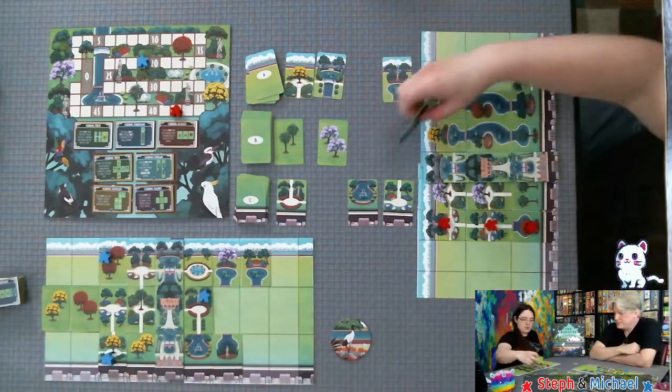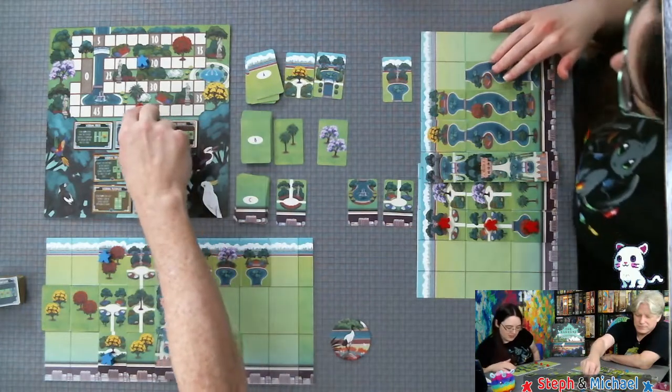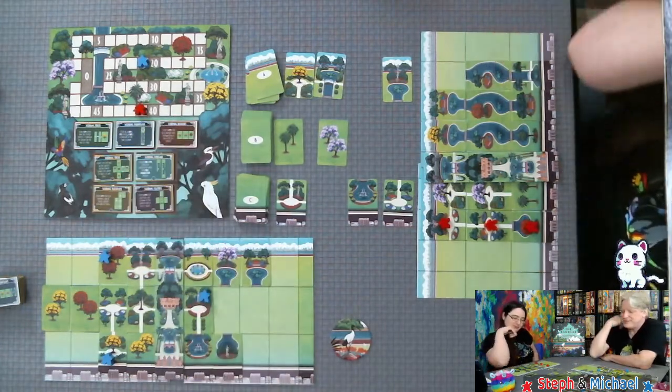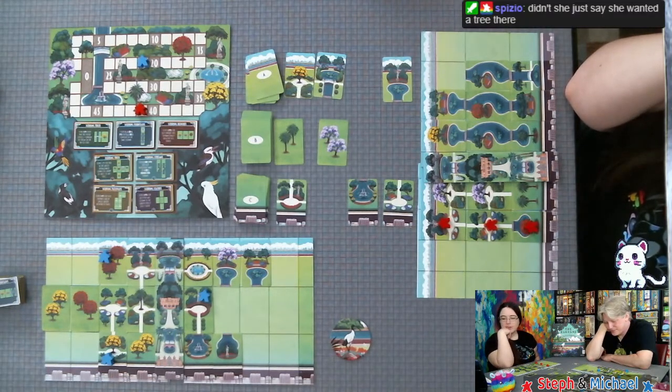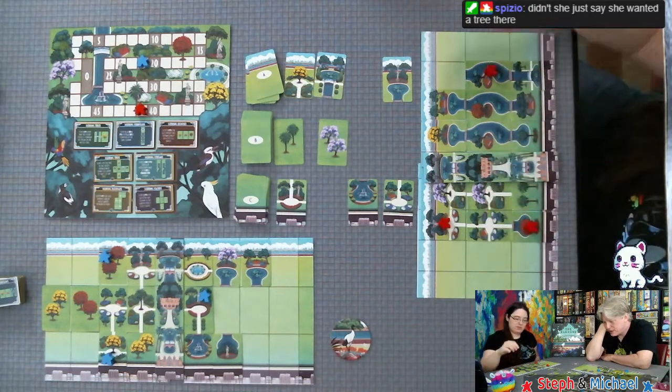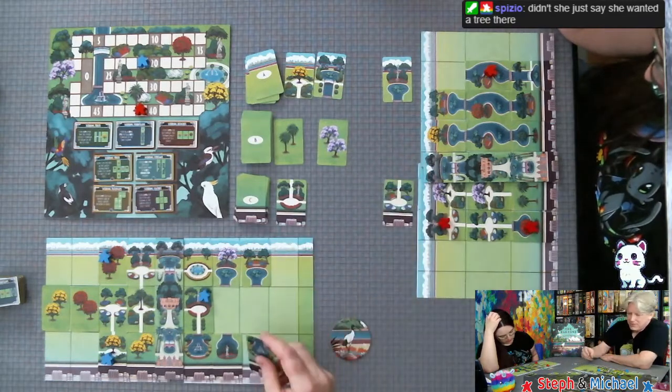Alright, I will take this bench and score 3 points. No! Well, you waited a long time. No, I didn't. You drafted it. You would have drafted it third. He walks. Yeah, I was gonna say, did you walk? You did not walk. No. All right, this